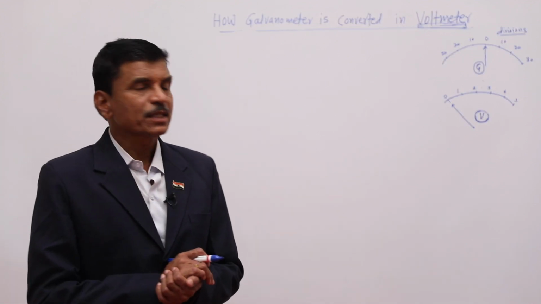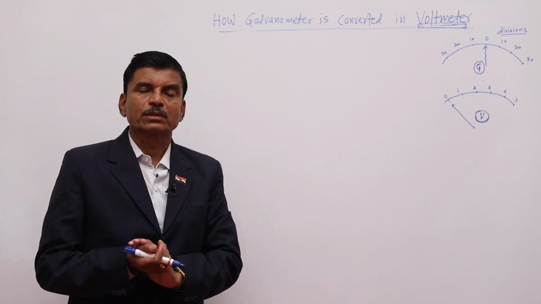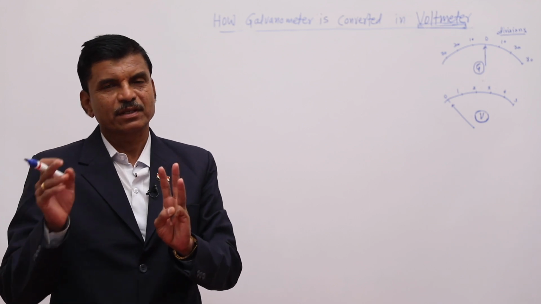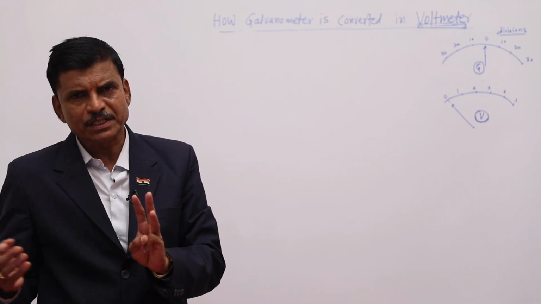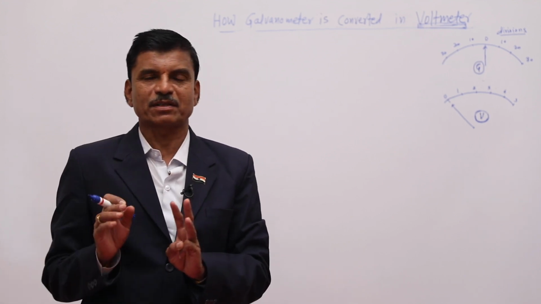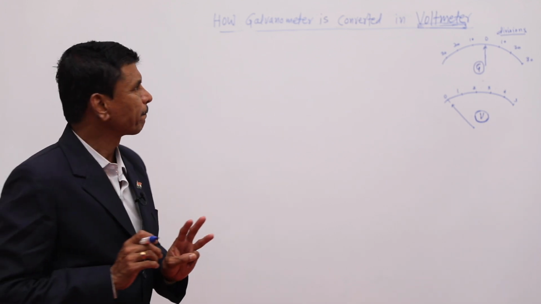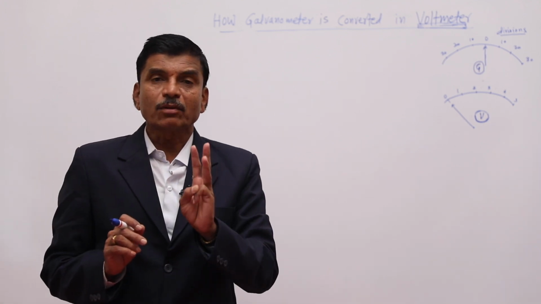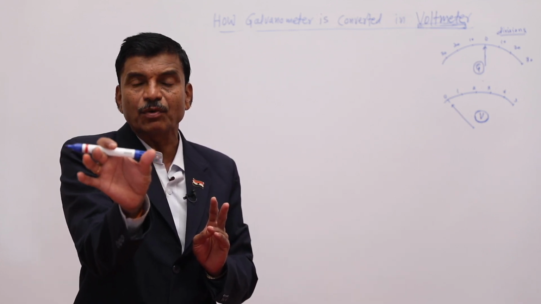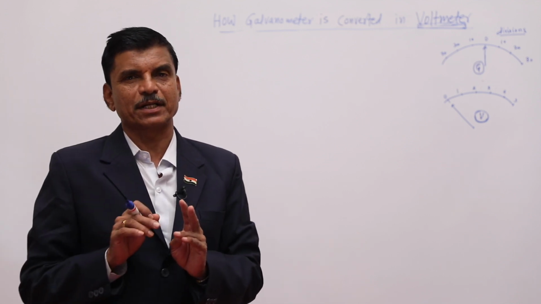Now we will discuss how the galvanometer is converted into a voltmeter. No doubt, a voltmeter is used to measure potential difference. In the last article we studied that a voltmeter cannot measure EMF, but it can measure potential difference. Potential difference means the product of current and resistance. When connecting the voltmeter, it is connected in parallel to that part of the circuit where we want to find the potential difference. So a voltmeter is always connected in parallel to the circuit.